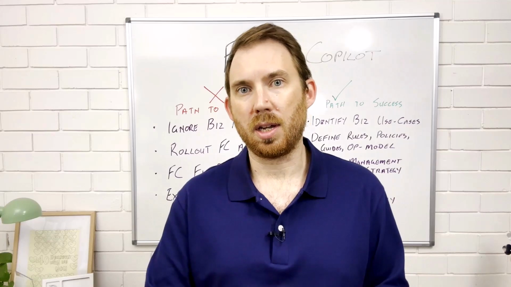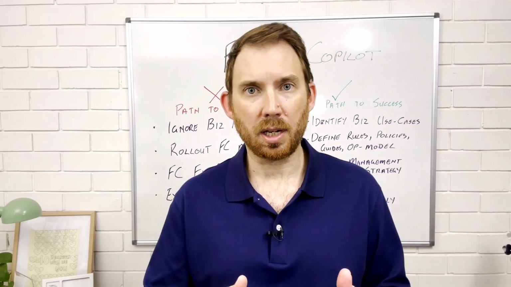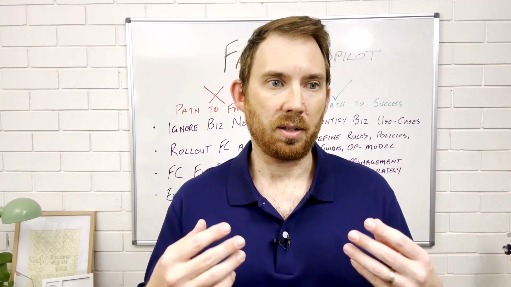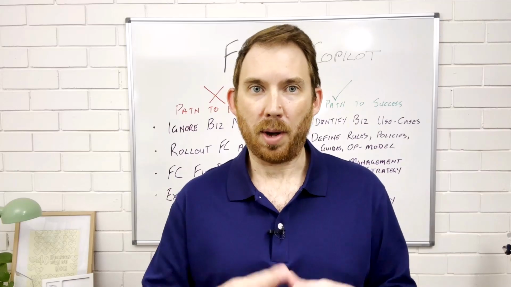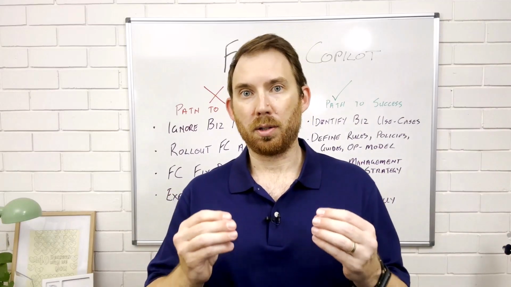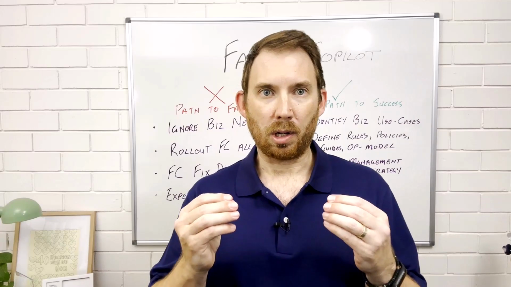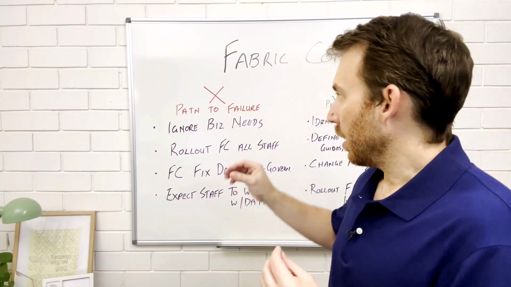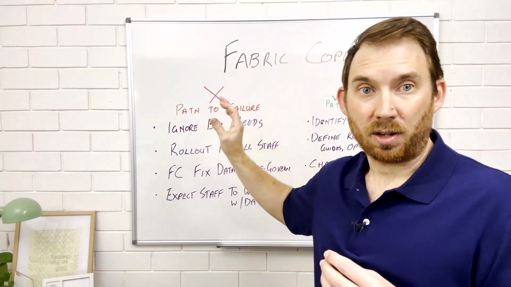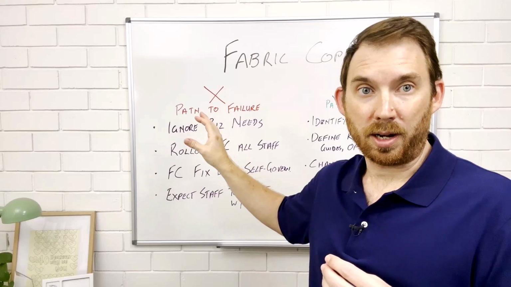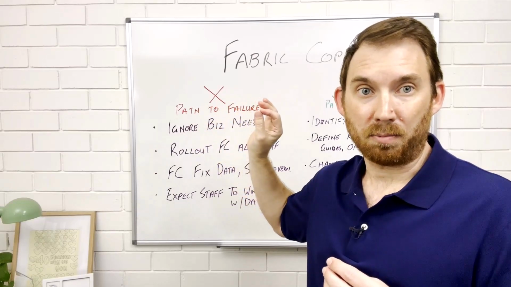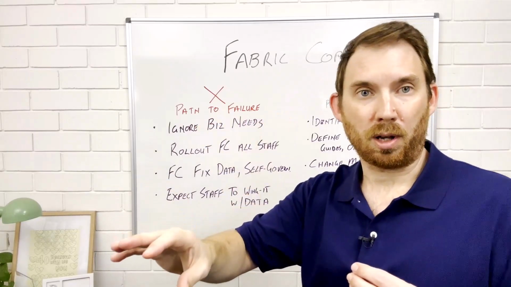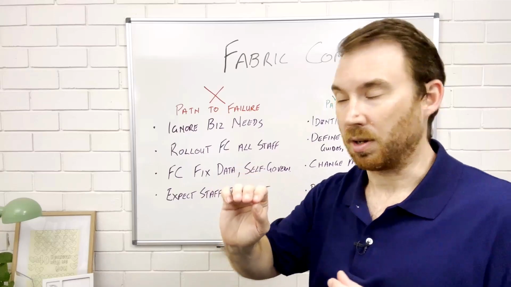I attended the AI tour in Sydney recently and saw a great session from a Microsoft MVP, David Alzamendi, and part of that was around Fabric Copilot and how to be successful. What I liked about it is he started with a path to failure. Doing these things is a surefire way to waste a lot of time and energy and money by just turning on Fabric Copilot and expecting results.